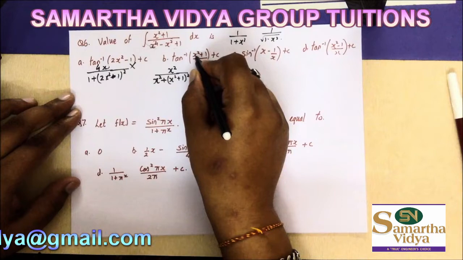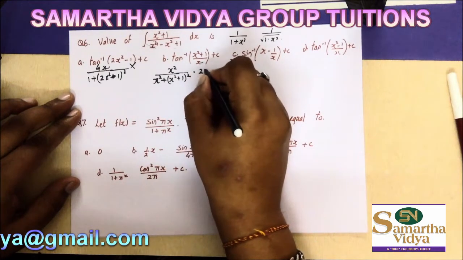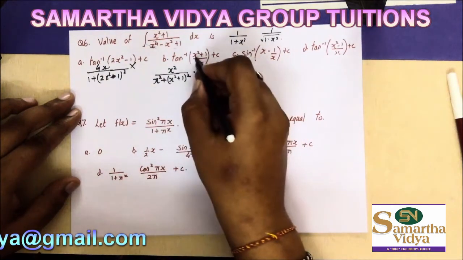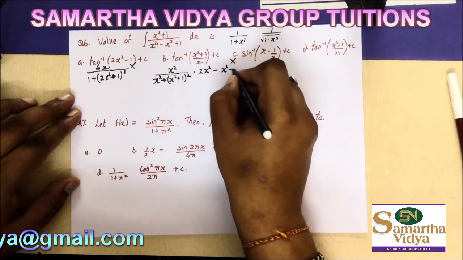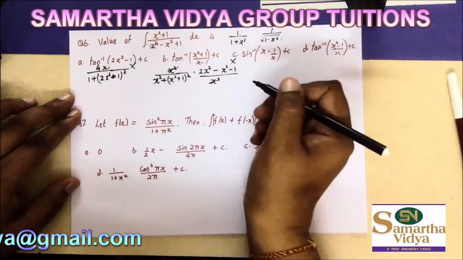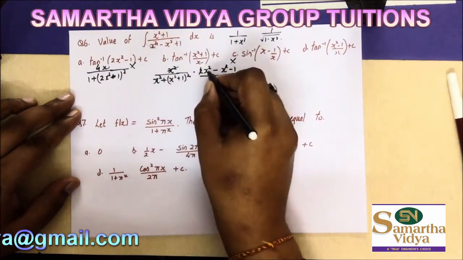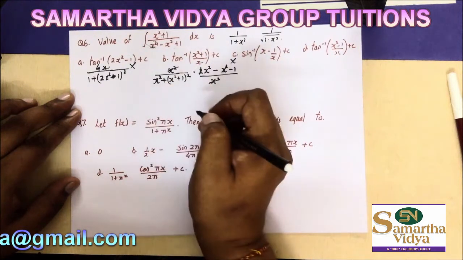So if I'm taking the derivative of x square plus 1 upon x, it's going to be the u by v rule. So derivative of x square is nothing but 2x into x, so that gives you x square, minus x square plus 1 as it is derivative of x, so it's x square minus 1 upon x square. So you get x square cancelled out, you get this cancelled out, so it is x square minus 1 which is remaining, and this term.